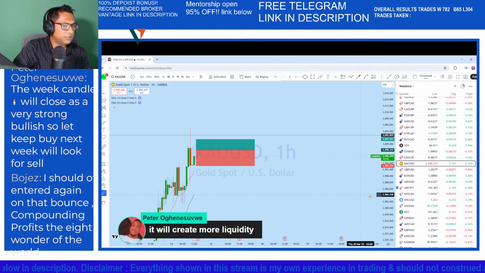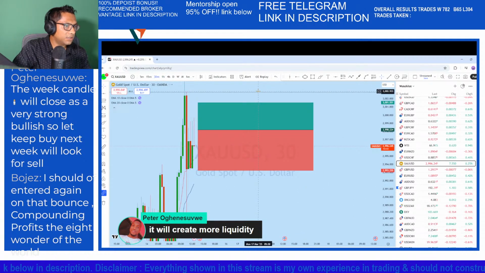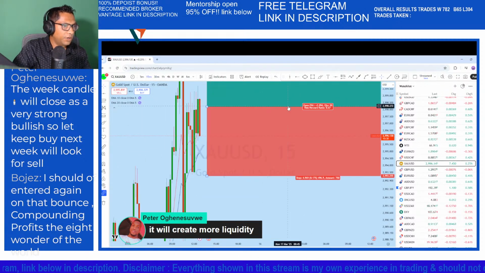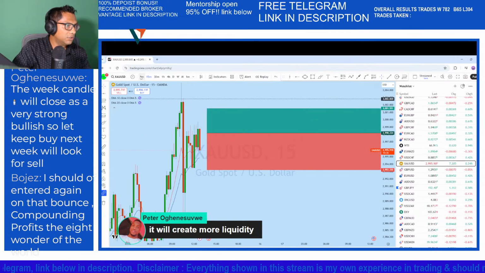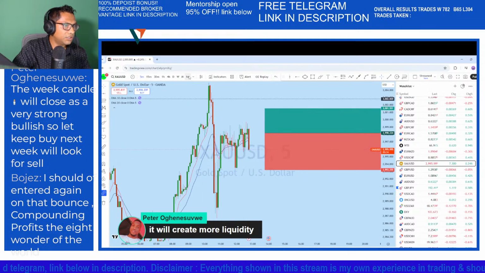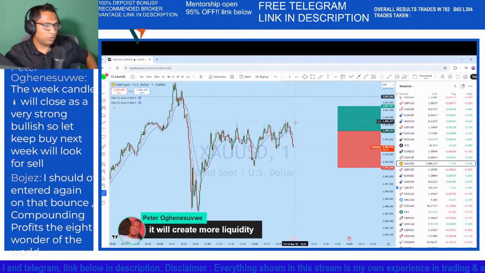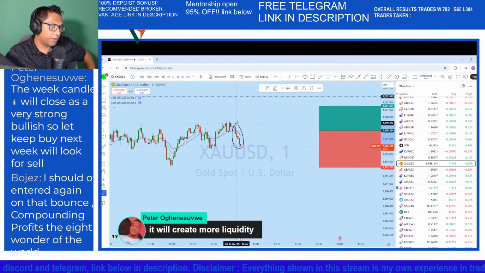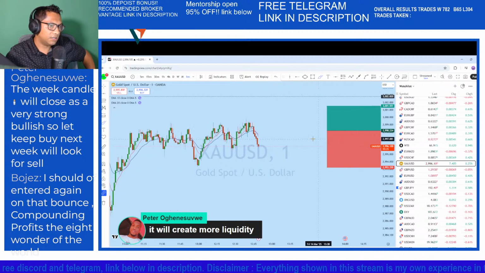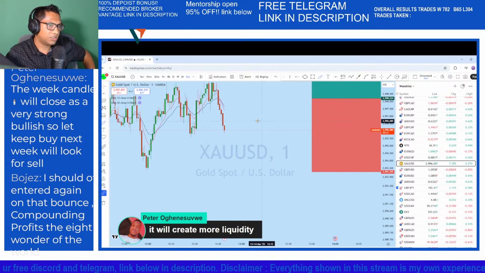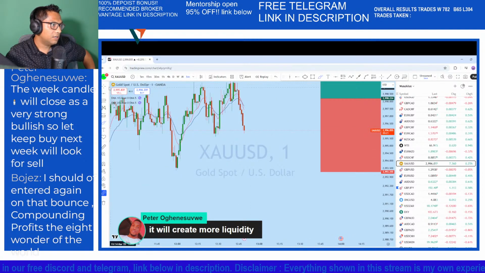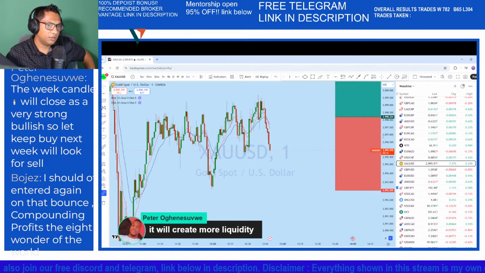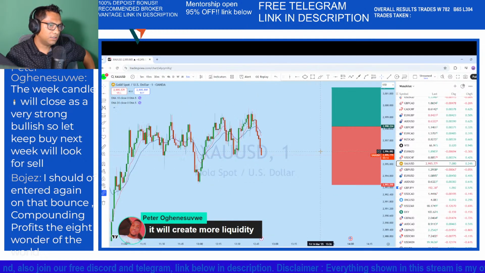The market is potentially coming to the 1 hour support, and then we may see that again breaking back. So at the moment we saw that there was a complete break of structure in that area, and with that break of structure you can see that from this level there is a complete break of structure, and with that break of structure we'll be looking to see that the market is potentially heading in the direction of the trend.